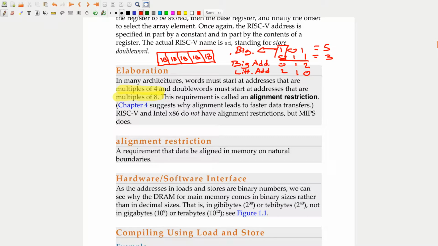So if we allowed things not to be multiples of 4, that means when we stored something, we could potentially wind up with something like this. We could potentially wind up with this blue being a word being stored. But what about this guy at the very end? This guy's unusable now. You can't store a word here because it's not a continuous region of memory. So that's why we have to worry about alignment. It's because we wind up with these situations where we don't want these little fragments of memory